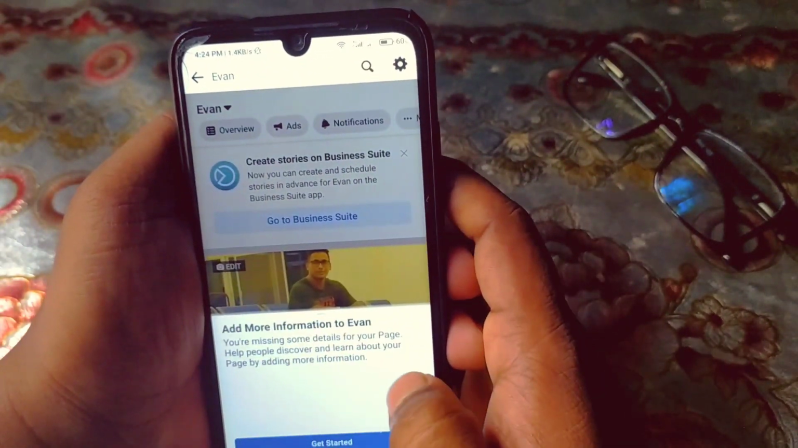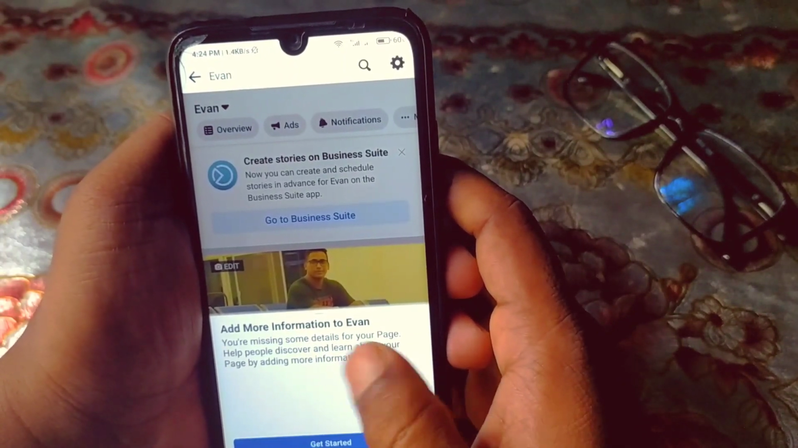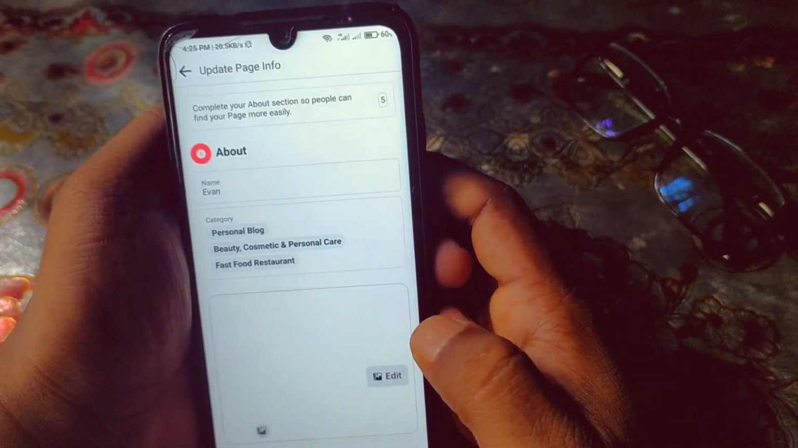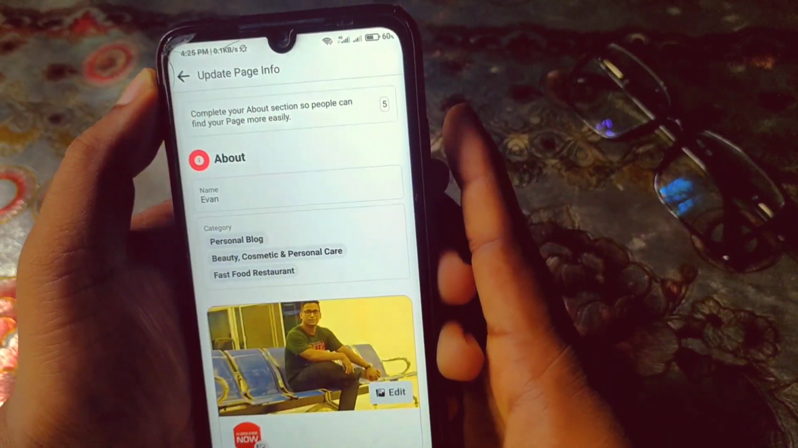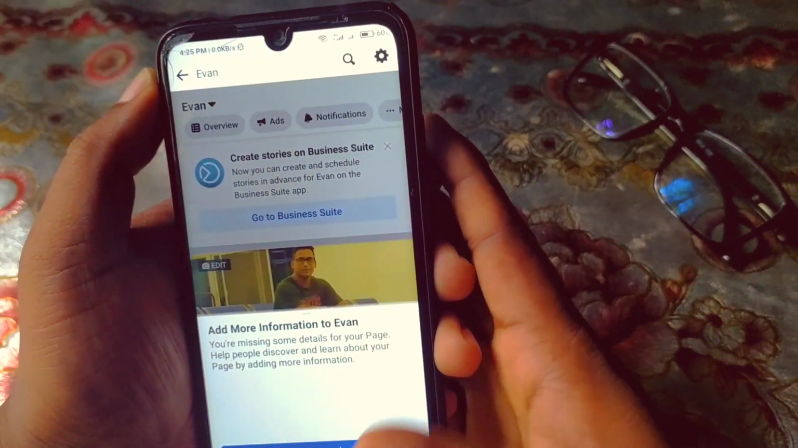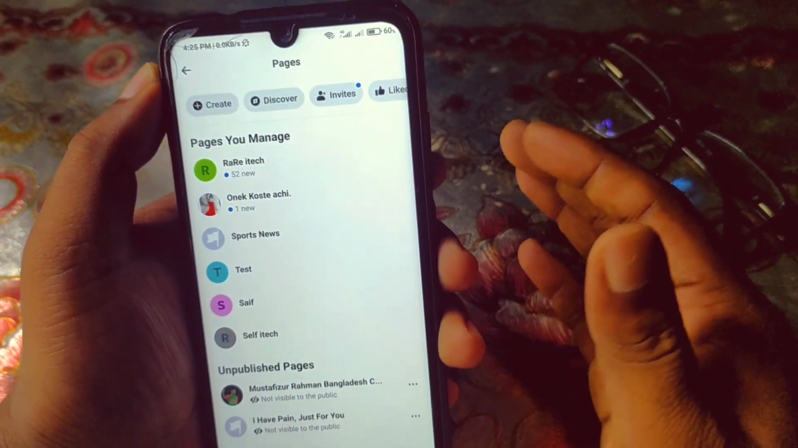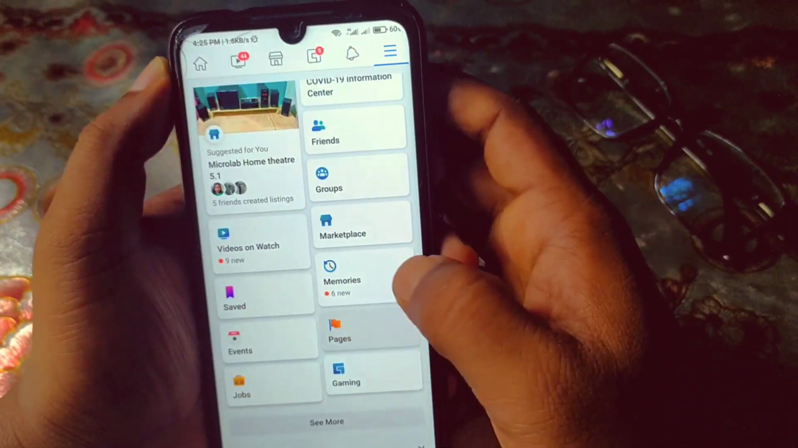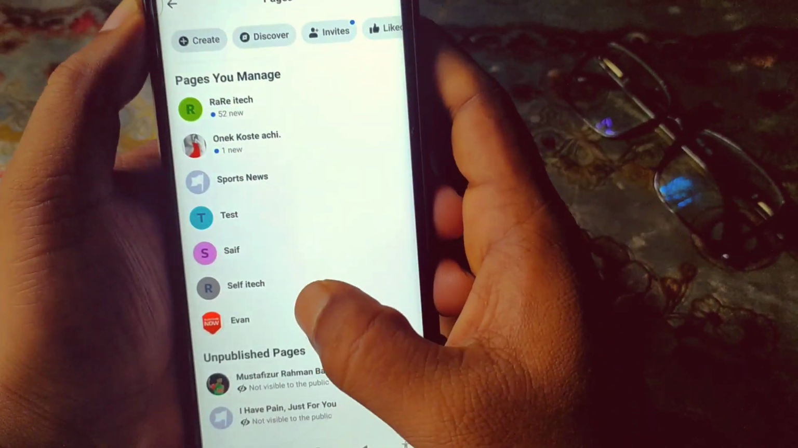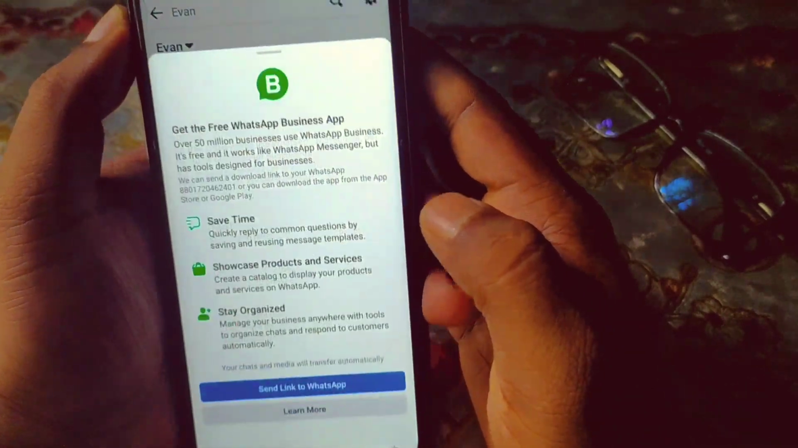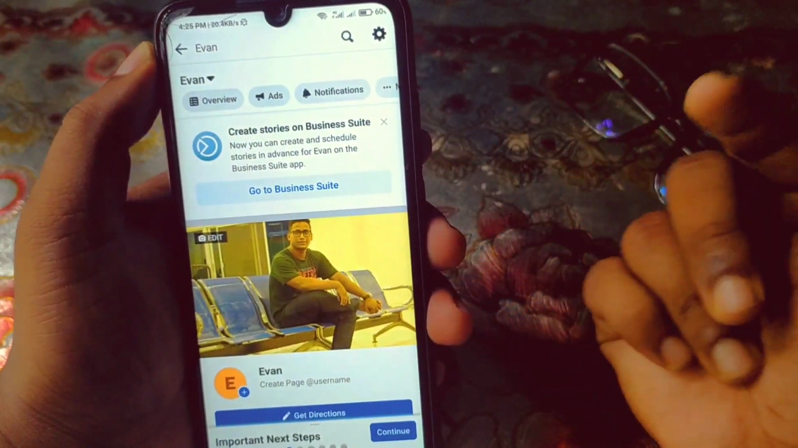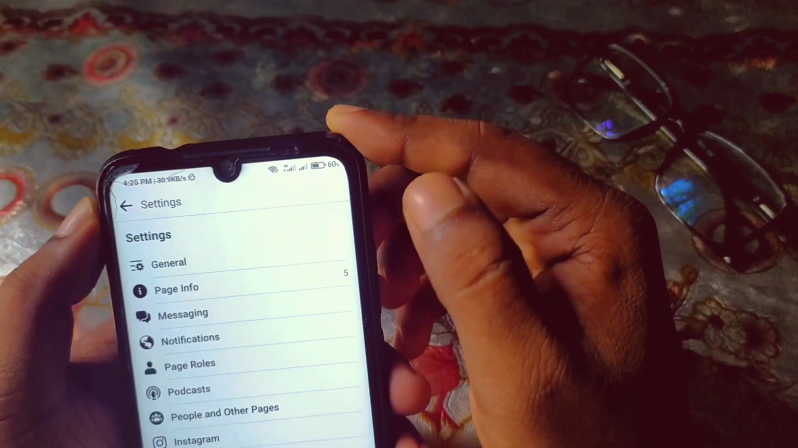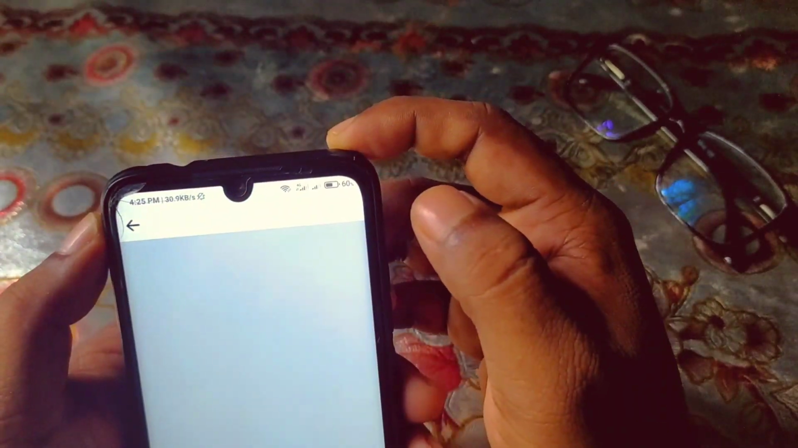and then again swipe right and add more information to event. You can click on the get started. And one more thing, sometimes we just exit this option, right? And how can we actually add that again? Just go to your page option from here and then go to again this is my page Ivan, and just swipe down and you can see in here a setting gear, right? So just click on it and then click on the general option from here